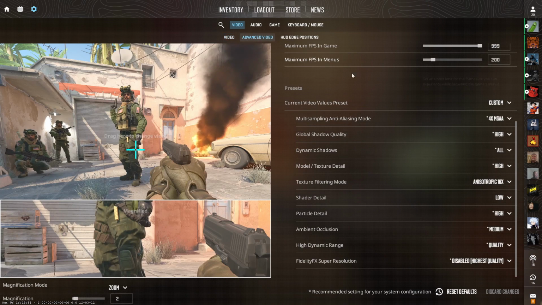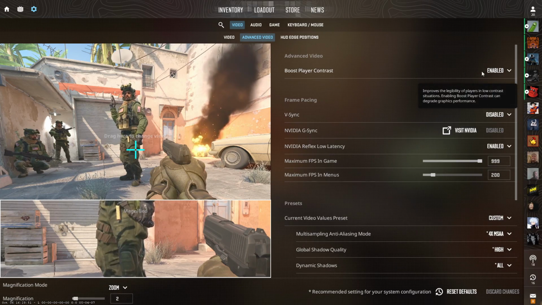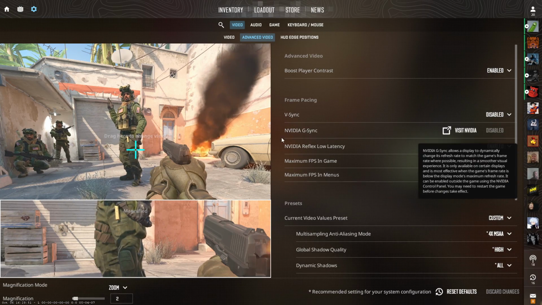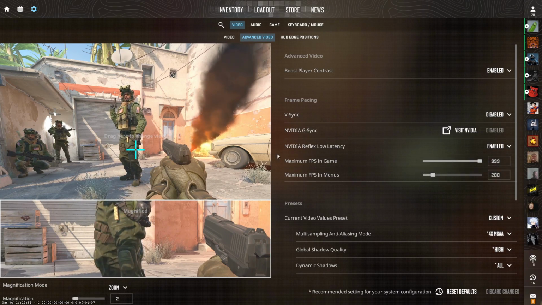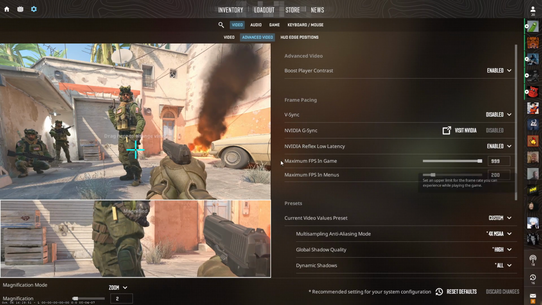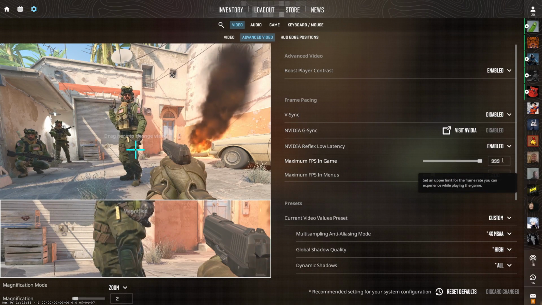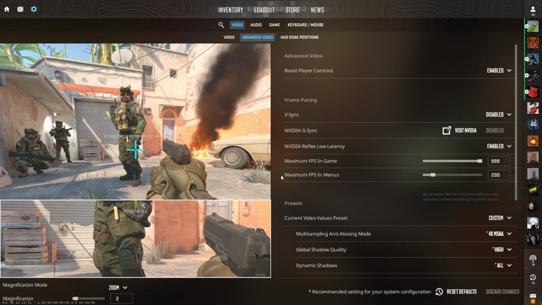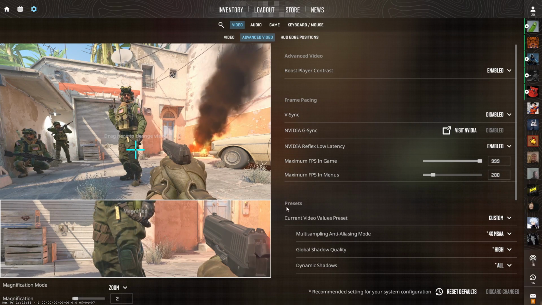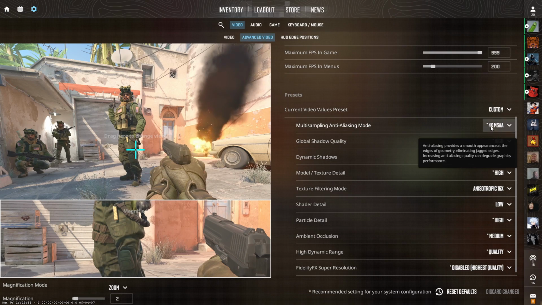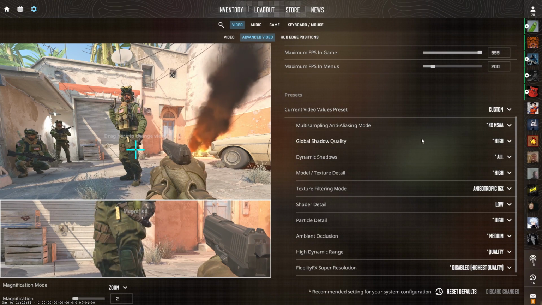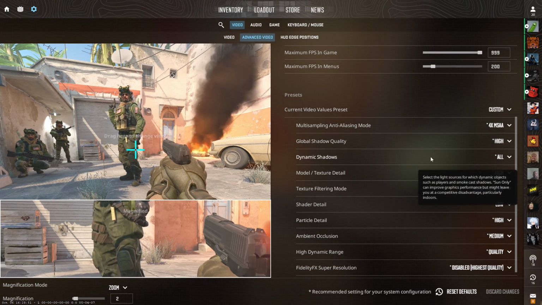Now moving on to the advanced video tab, mezii has his boost player contrast enabled, his VSync is disabled, his NVIDIA G-Sync is automatically disabled, his NVIDIA Reflex low latency is enabled, his max FPS in game is 999 or 0, which is the same number, his max FPS in menus is set to 200, his multi-sampling anti-aliasing mode is set to 4x MSAA, his global shadow quality is set to high, his dynamic shadows is set to all, his model